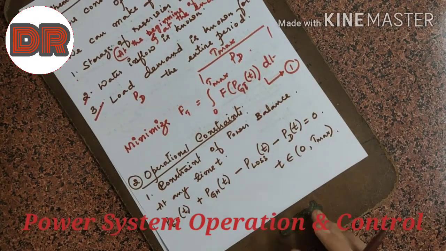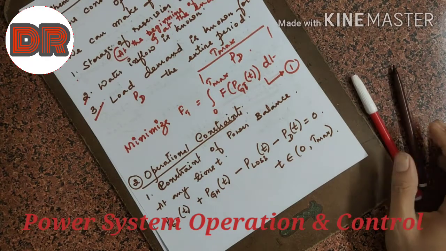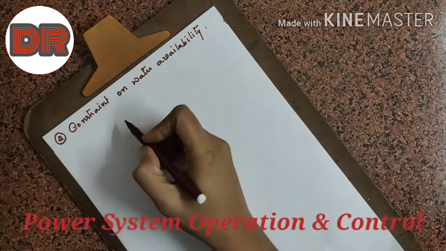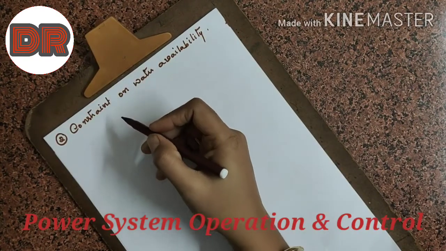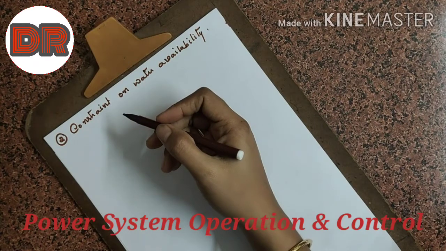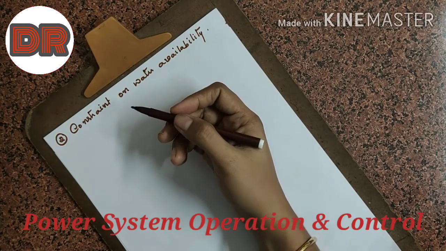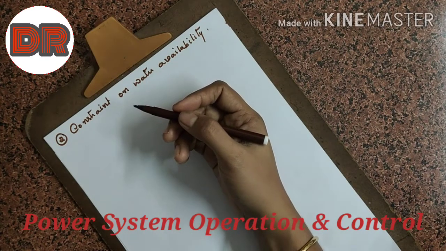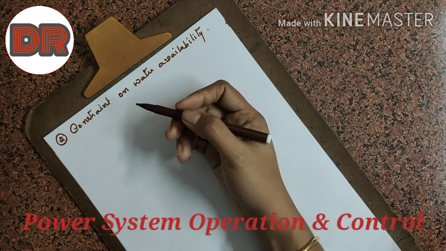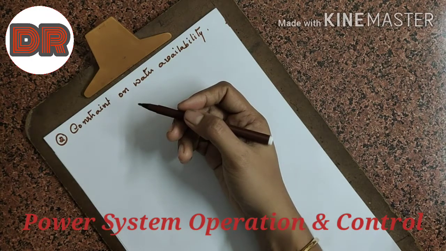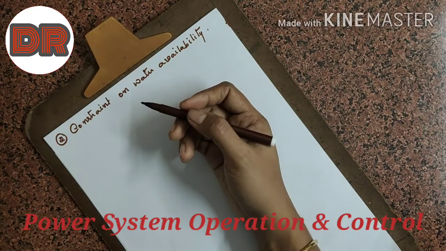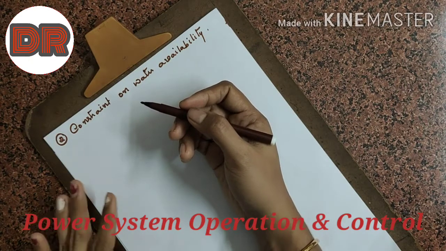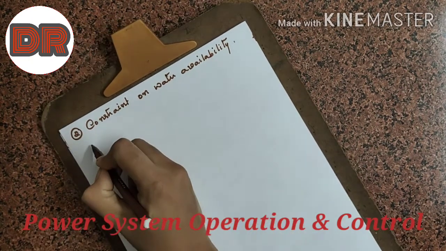The second constraint what we are writing is on water availability. So second constraint is constraint on water availability. So till now we used to write constraint on hydrothermal power plant only based on the water discharge. So since here we have assumed that the water level at the beginning of the time period and at the end of the time period is known, so we have to consider the level of water also while writing the water availability. So let me write